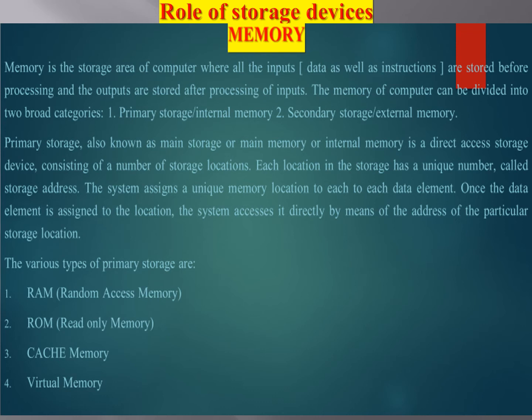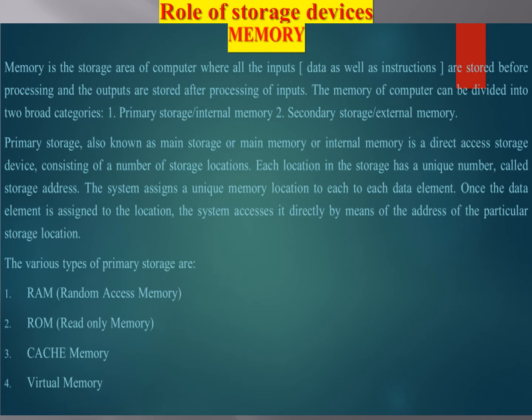Role of storage device. Memory. Memory is the storage area of the computer where all the input data as well as instructions are stored before processing and the output is stored after processing of input. The memory of a computer can be divided into two broad categories: primary storage or internal memory, and secondary storage or external memory. Primary storage, also known as main storage, main memory or internal memory, is a direct access storage device